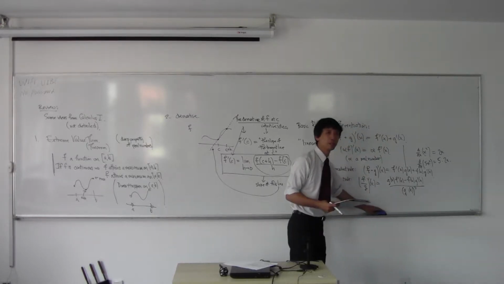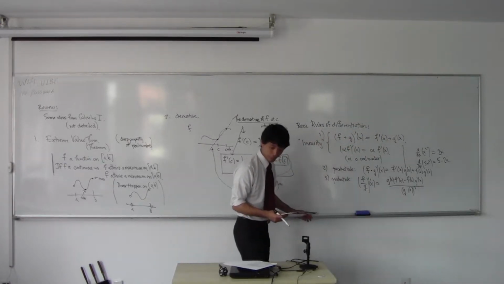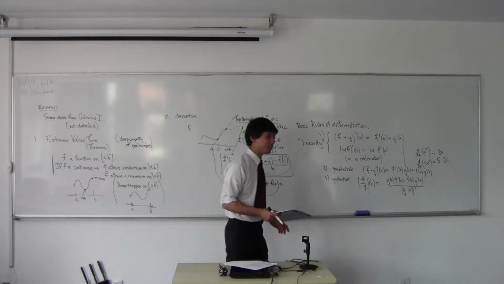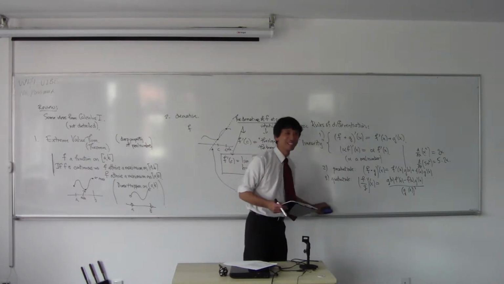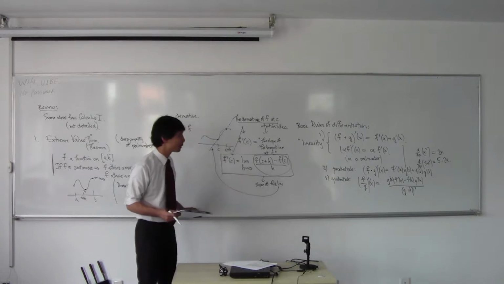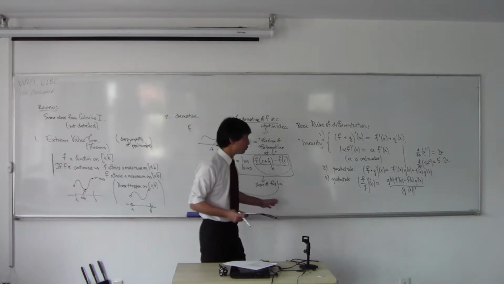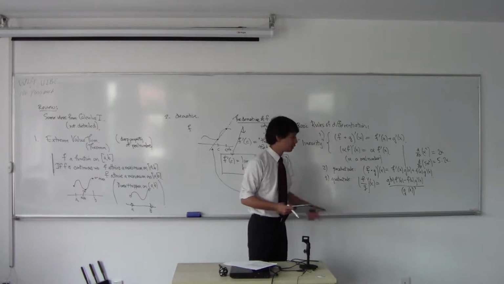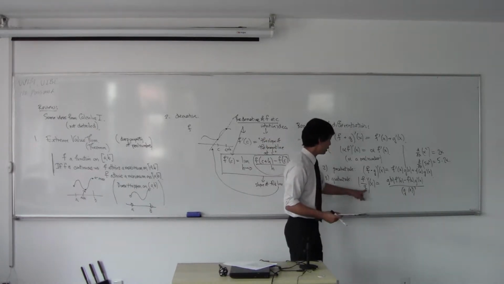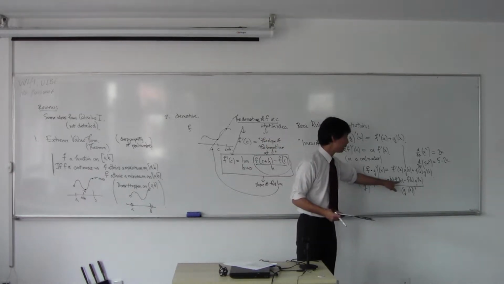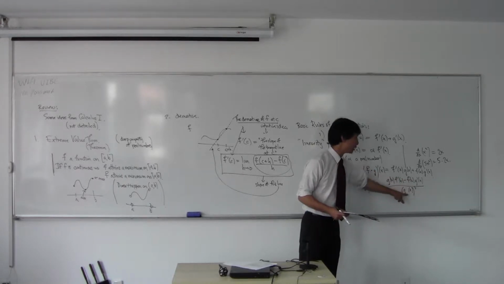What's your name again? Thank you, Chen Yuanhao. Yeah, don't talk too fast. I can't understand. Okay. Yeah, the quotient rule, right? This is the quotient rule: the bottom function times the derivative of the top, minus the top function times the derivative of the bottom, over the